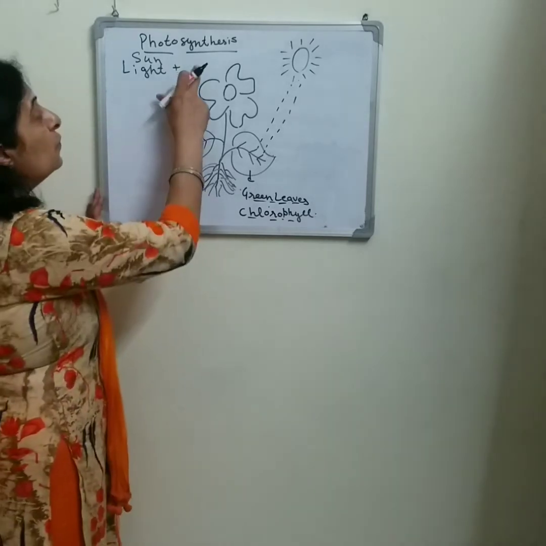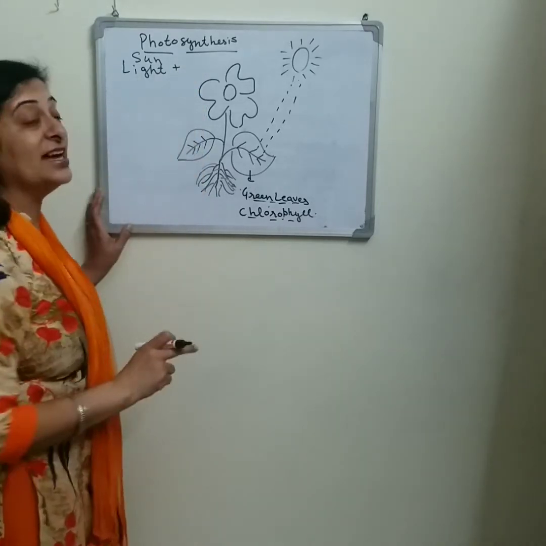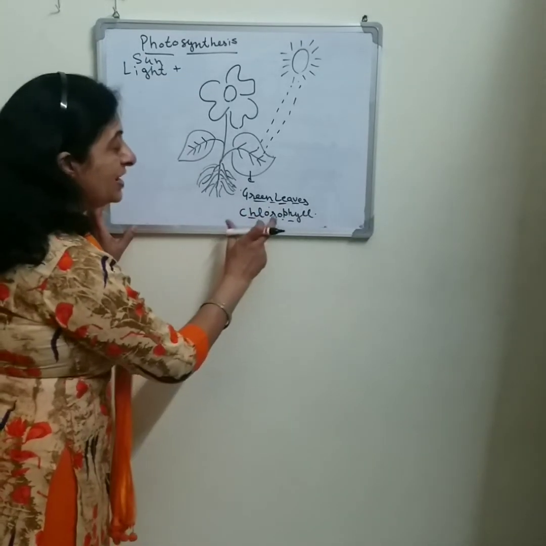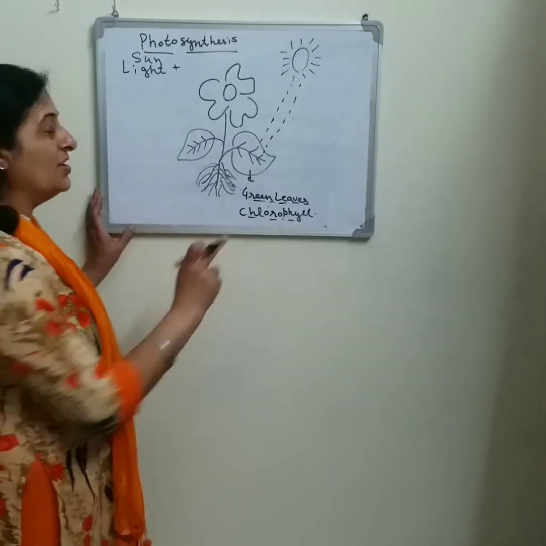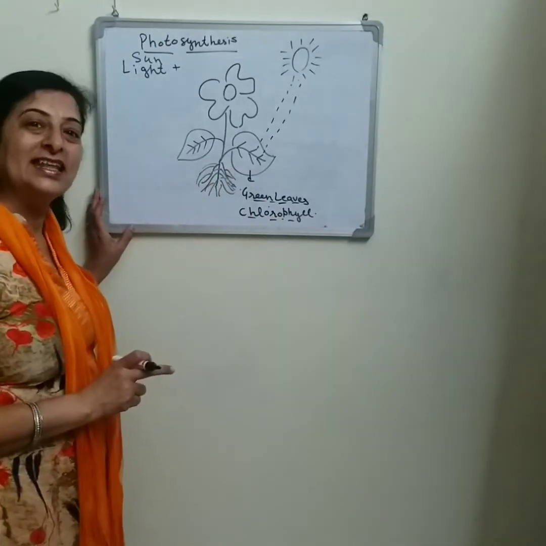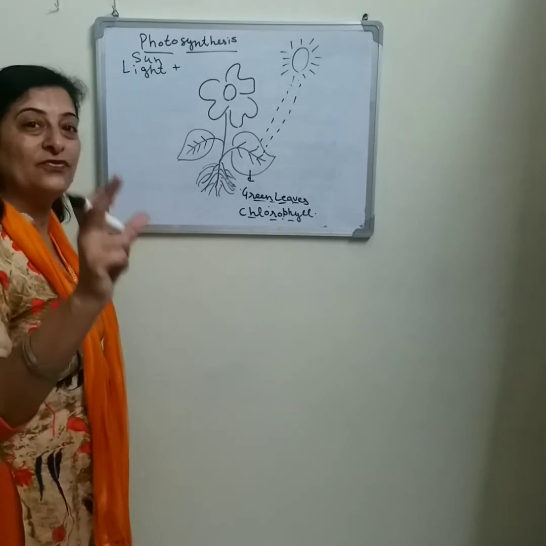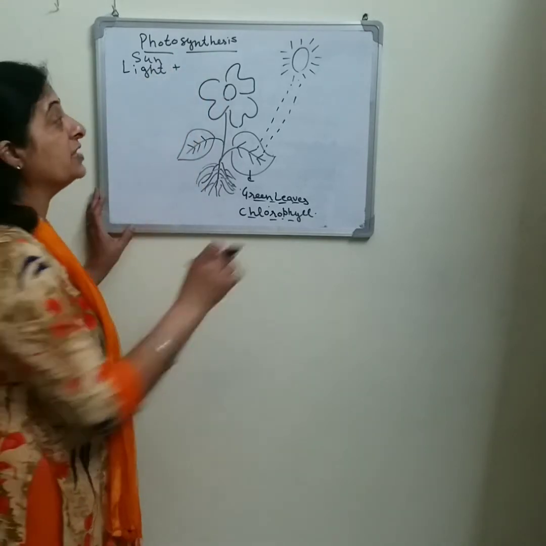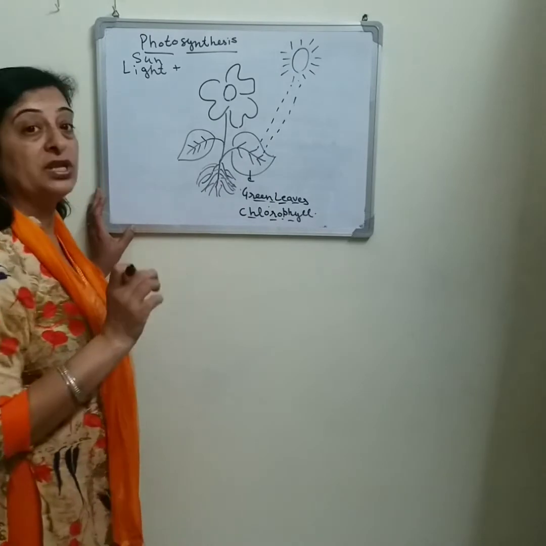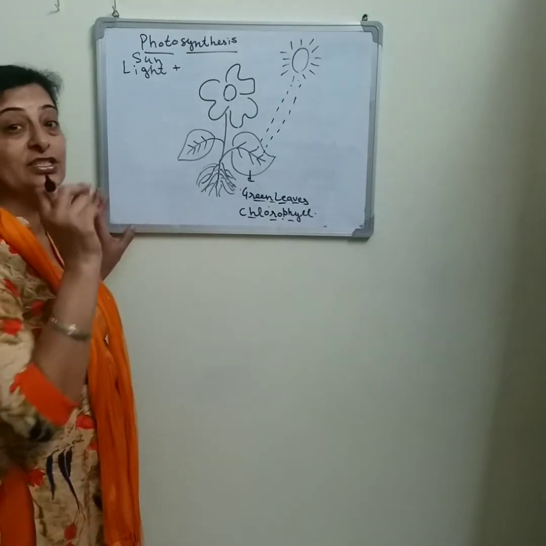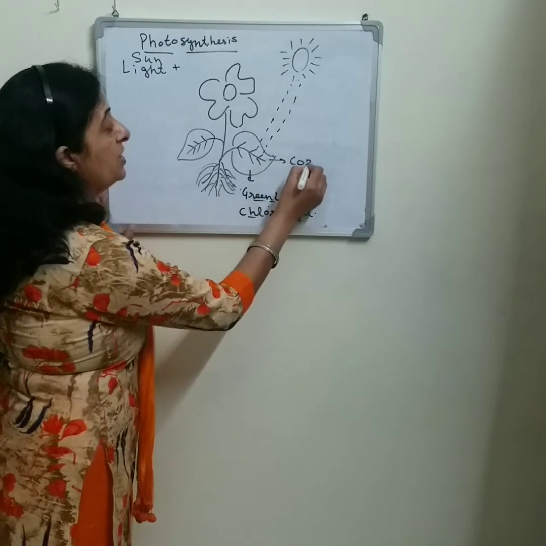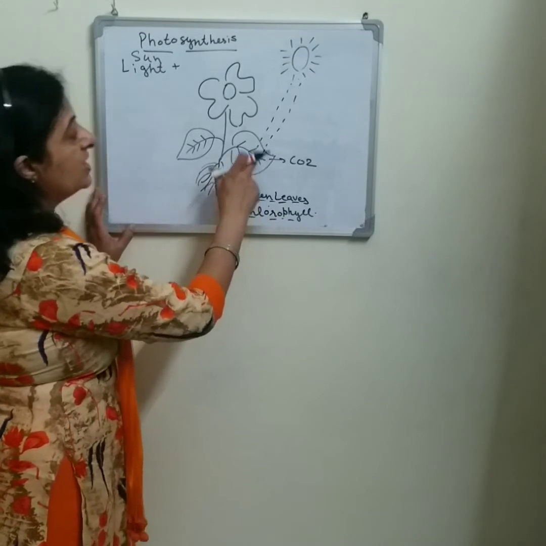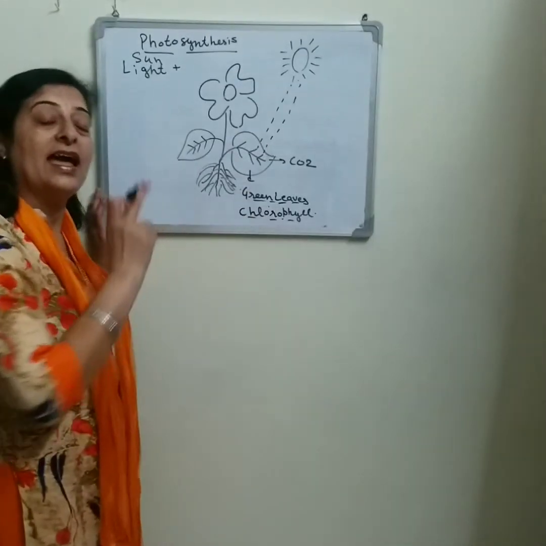So food is prepared with the help of sunlight, and this sunlight is trapped by the green colored pigment chlorophyll, which is mainly present in the leaf. And leaves prepare the food through the process of photosynthesis. Now, along with sunlight, leaves also need carbon dioxide gas. The leaves take this gas from the atmosphere